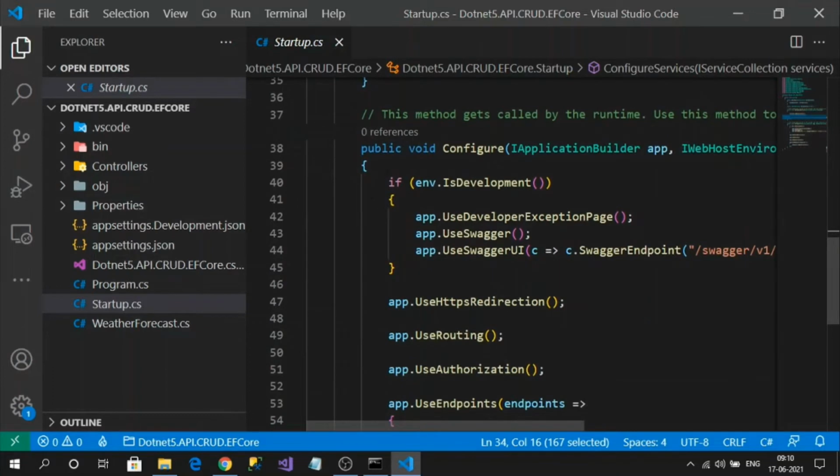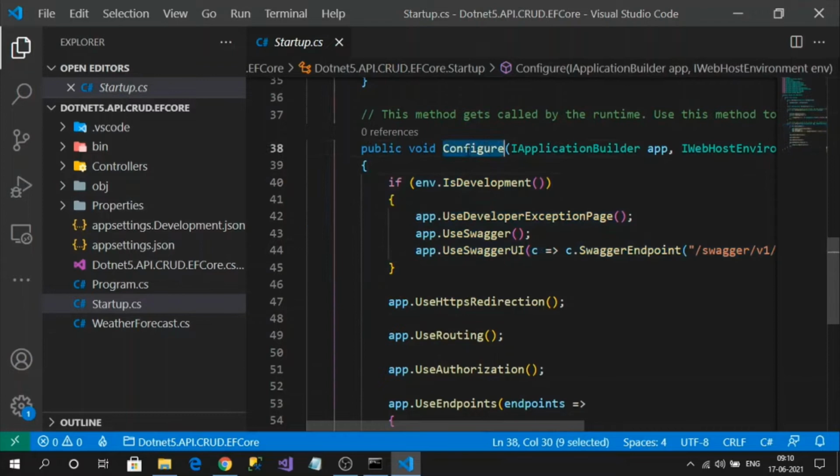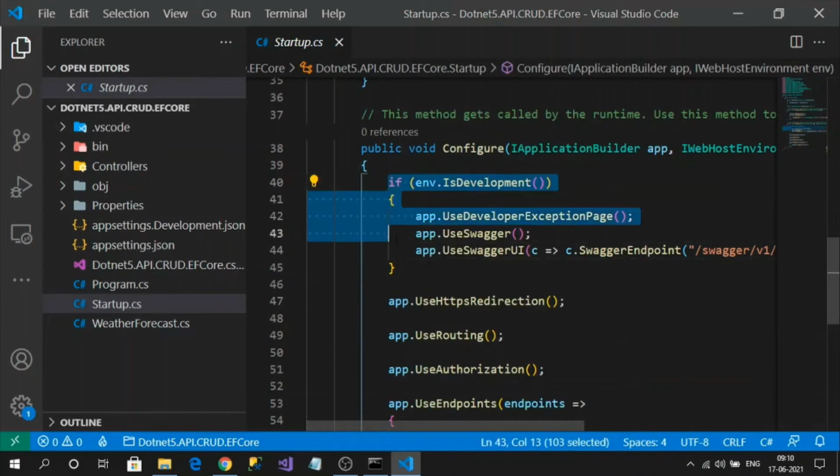If you observe here, this Configure method contains all the middlewares. These middlewares will get executed on every request sequentially. If you observe the condition like development, these middlewares are going to be executed only in the development environment, that means for the developers only. In production, these middlewares won't execute. What kind of middlewares are defined in this development condition?